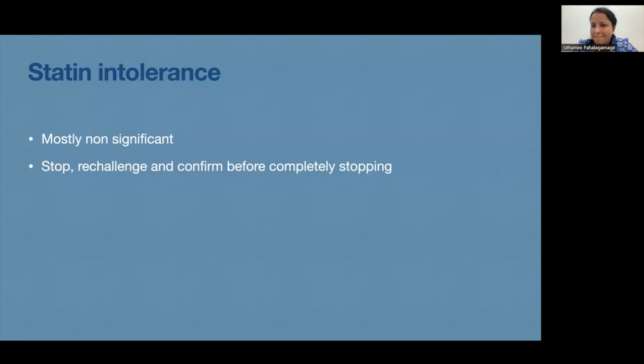A word on triglycerides. When we do the lipid profile, we get our total cholesterol, our LDL, HDL, triglycerides, and our VLDLs. So, if this triglyceride level is high, what are we going to do? A few years back, the thought was, if it's triglycerides, start on fibrates. And this is now advised against because